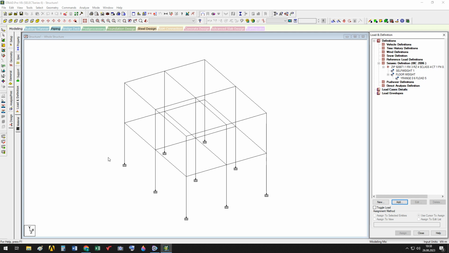earthquake static seismic load, acting in the x direction and in the z direction. Actually, I can define this load only in x direction or only in z direction. And if my structure was symmetric, I prefer to do it so. But since the spans in x and in z directions are different,